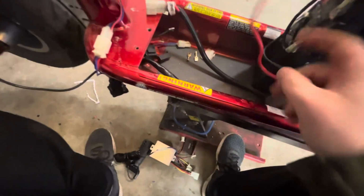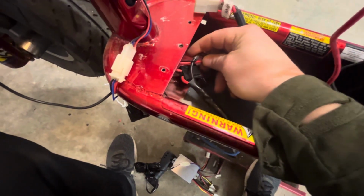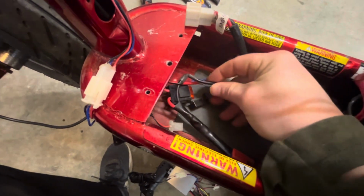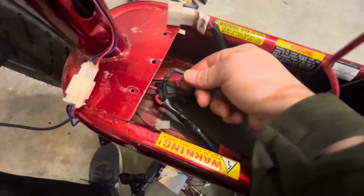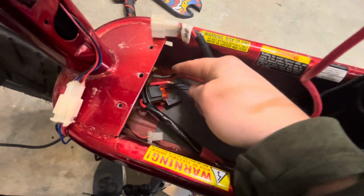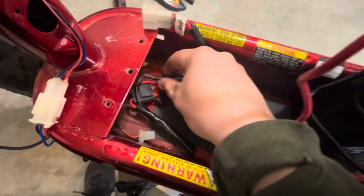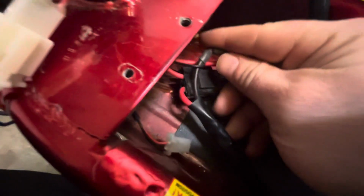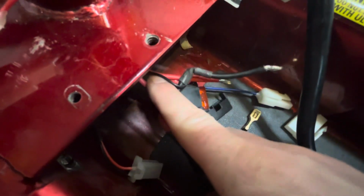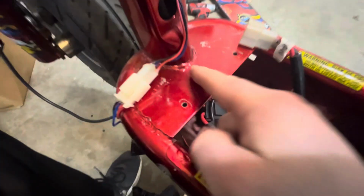But anyway, okay, so going back to here, your ground, or the negative, is coming off, and it just goes right over and is in that same clip that looks like this. So you got the ground just go straight into that clip, and then the positive's coming down from here to here, and that's in one clip and goes on to here. Now, this little wire, if you can see right here, that little black wire is tied in right here, and it goes up,